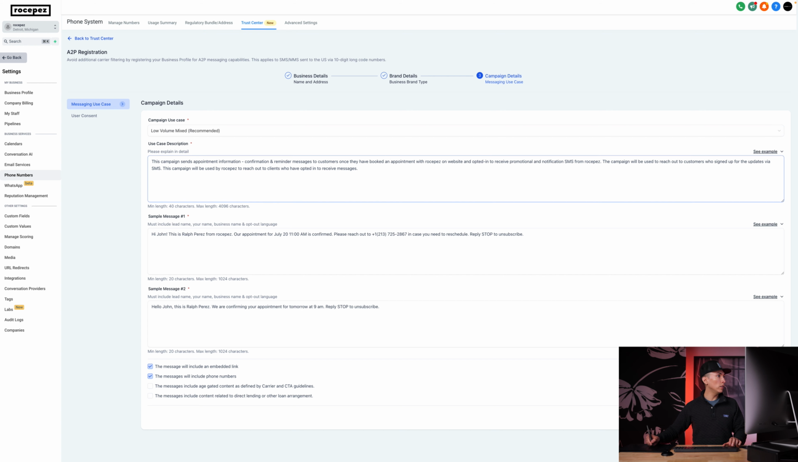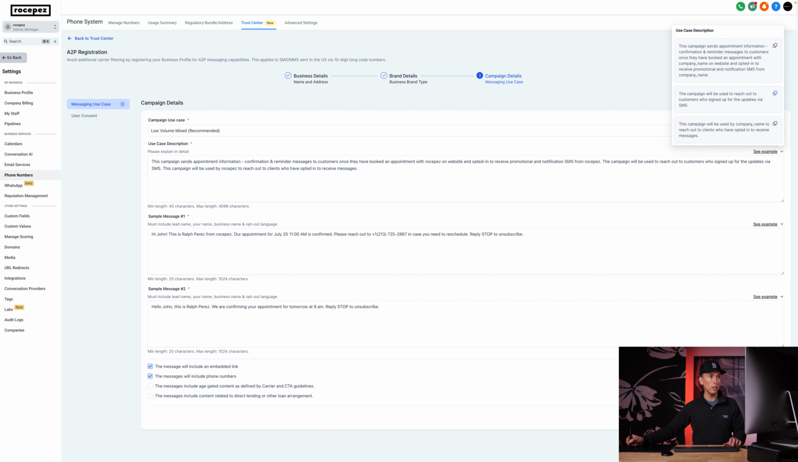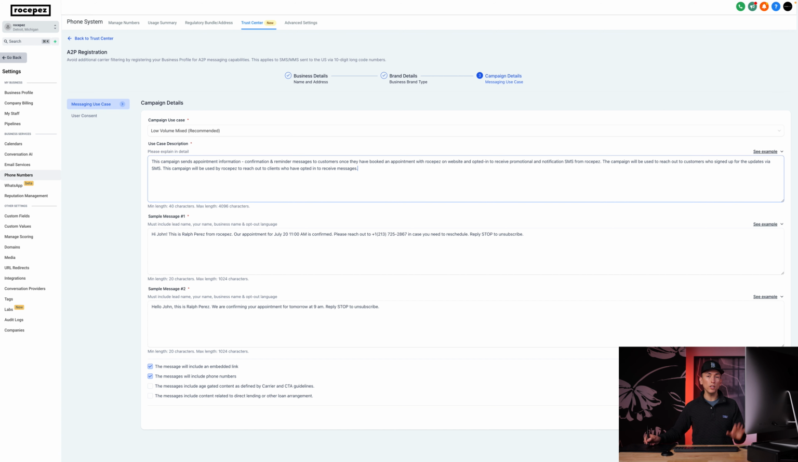And then right in here, we're going to type in the use case description. So if you go to see examples, there's some examples that you can copy and paste into here. Just make sure that you update it with your business name and your business information. So you can see in this example, this campaign sends appointment information, confirmation, and reminder messages to customers once they've